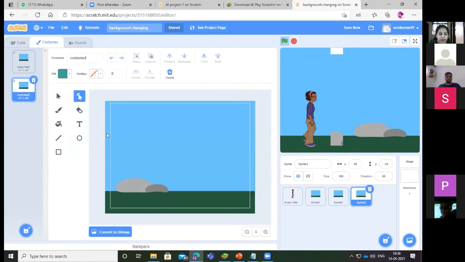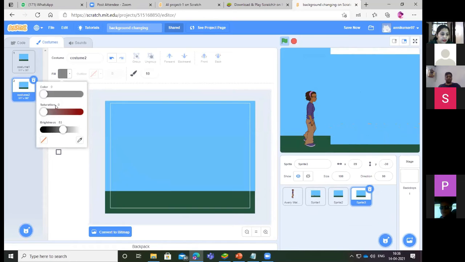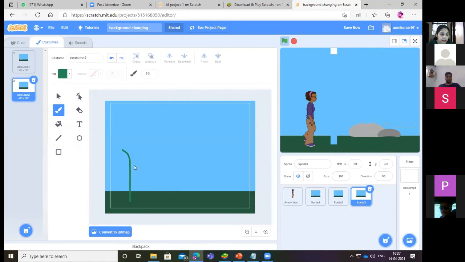I have added one duplicate, and here I am going to delete this, and I am going to draw some leafy thing. Suppose this one I have taken, and I am going to draw some like this. Like this I have added.